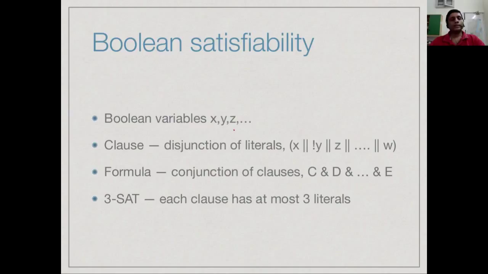So let's look at these interreducibilities a little more closely. We start with Boolean satisfiability. Recall that in Boolean satisfiability, we have clauses. Clauses are composed of a disjunction of literals. So we take X or not Y or Z or so on. Right? So we have these ORs strung together to form a clause, and then we put these clauses together with